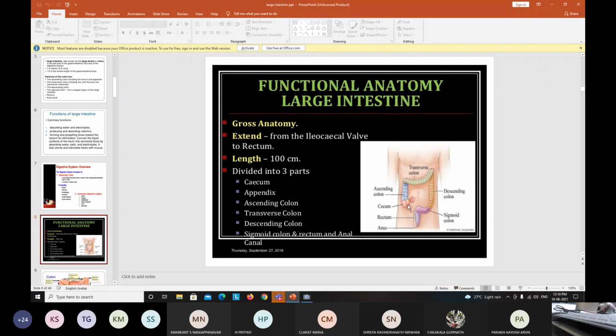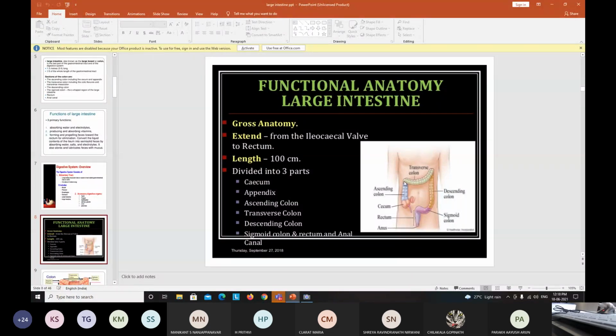If you see the interior part, there is the presence of the ileocecal wall. What is the main function of this wall? To prevent the food material from being sent back. Then this is the ascending colon, the purple, blue colored part. This is the ascending colon. This is the right colic flexure.